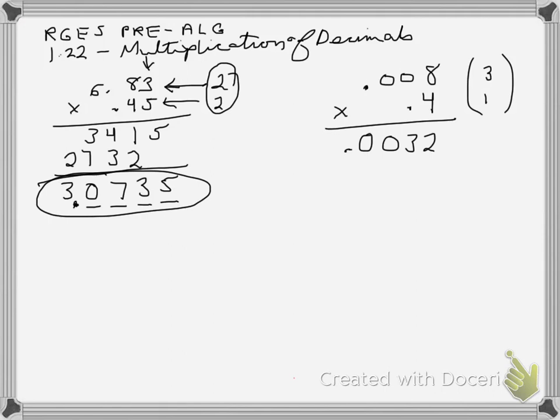So I think on the next page then, since I haven't taken hardly any time at all, I'll do lesson 1.23. It has to do with rounding decimals. And let's say I have the number 7.4368. If I were to round that to the tenths place,